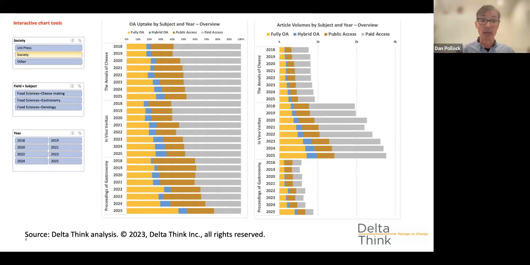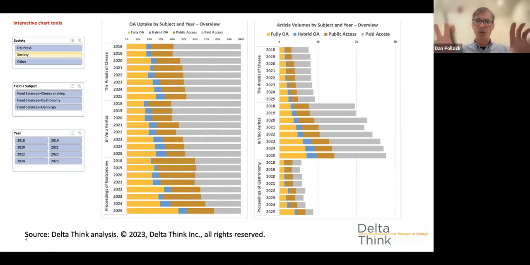You might find, for example, the middle group of bars for our In Vino Veritas, our fictitious winemaking journal, it's got perhaps relatively modest amounts of open access uptake if you look at the middle chart compared with the others, but it produces a lot more stuff if you look at the bars on the right hand side. So when we go through analysis like that, it enables people to say, where should I prioritize my time? Perhaps in actual fact, I might want to think about making my In Vino Veritas, that middle journal, go open access before any of the others, simply because it will end up producing a lot more open access stuff because it publishes more stuff overall.